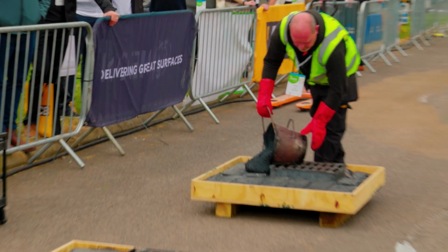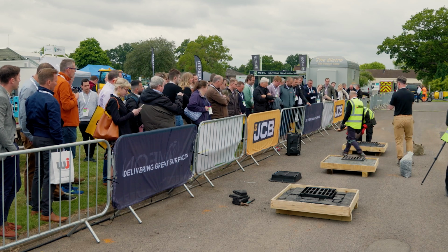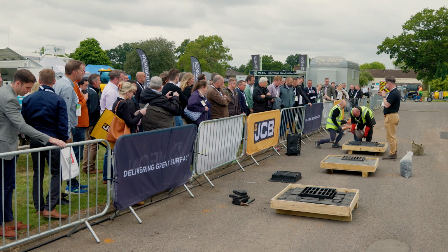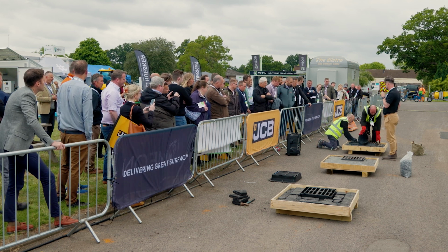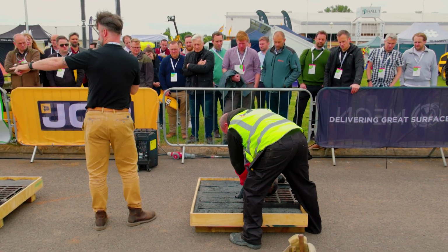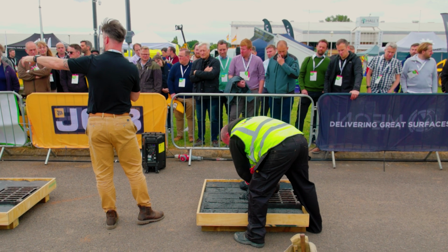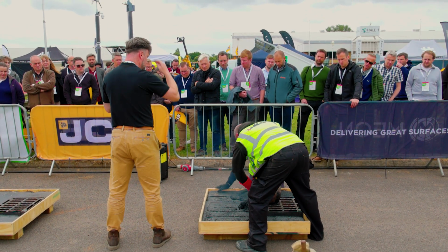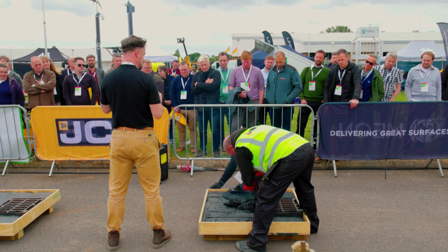So just moving on to this next one, we've done that layer, we've got the 10mm spacings, and then we're just going on to the next layer. The next layer is basically, it's not your finishing layer, but it's the layer that takes it to 20mm shy of the surface. So you're just basically filling in any gaps. You'll see on this one that it tends to bed down and fill those gaps, the 10mm gaps to the side, but it's just basically filling any gaps and getting you to that 20mm shy of the surface,